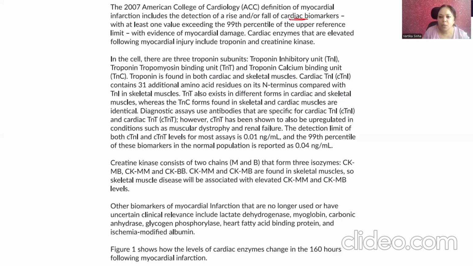So first, when any paragraph is given to you, you just need to read the paragraph once and point out or underline the main points or main words which are given. So in the cell, if you talk about the second paragraph, it is about in the cell, there are three troponin subunits: the troponin inhibitory unit, the troponin tropomyosin binding unit, and the troponin calcium binding unit, or